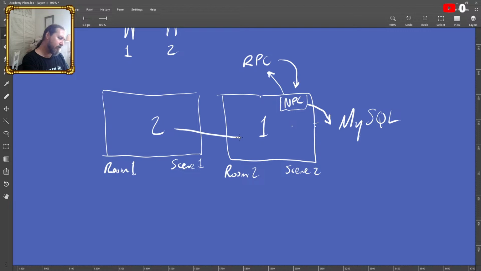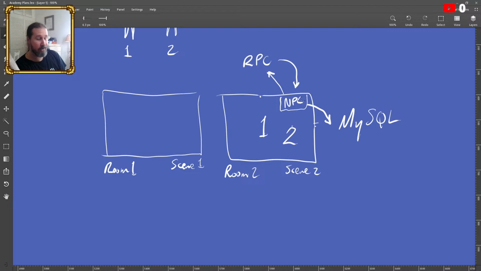If 2 comes into the room after that change has already been made, and 1 is still in the room, I'm not going to be using buffer, because I don't want 2 to get that information when he comes into the room. I want him to get that information from the MySQL. But if 2 is already in the room, then when the NPC for 1 sends that RPC, the NPC for 2 receives it.